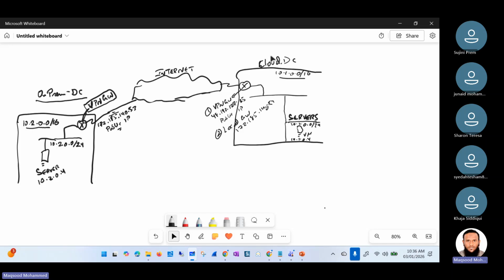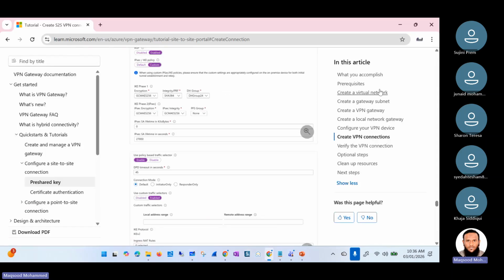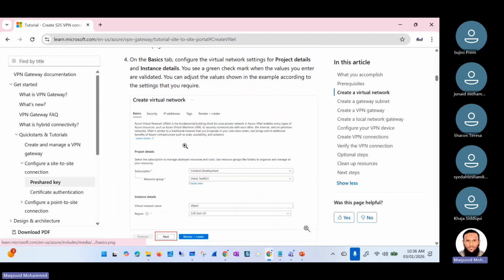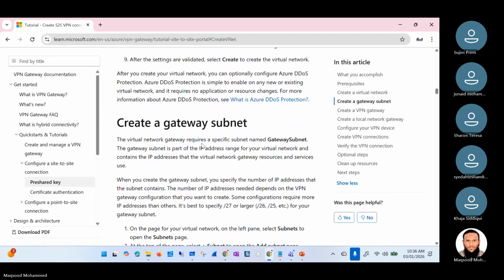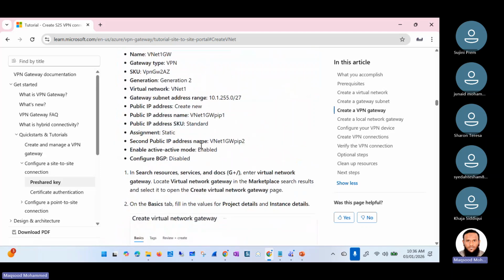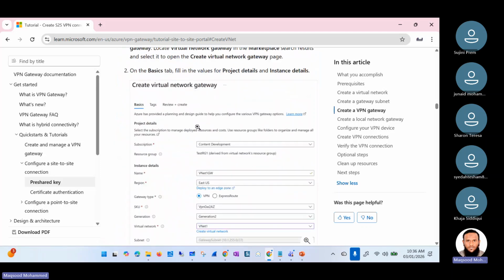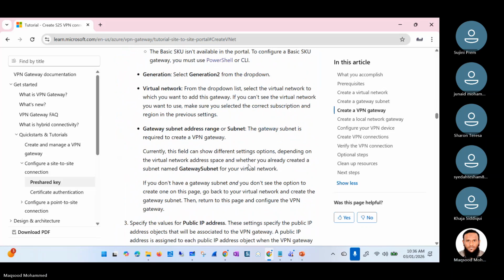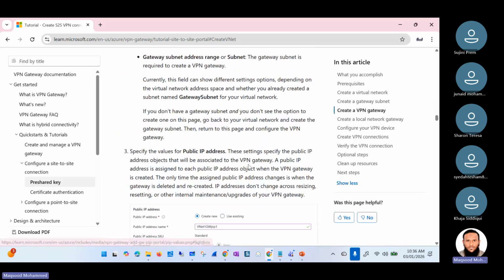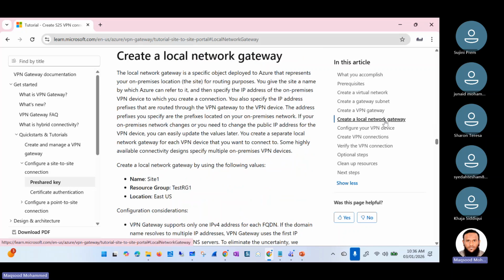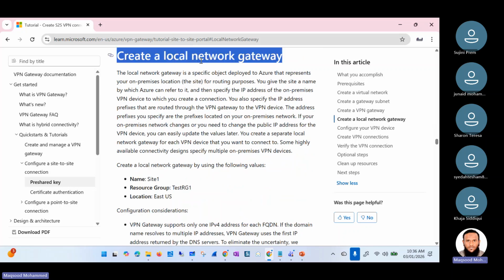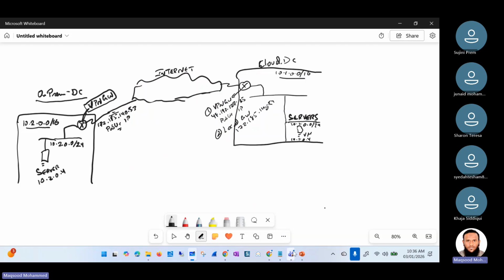Right, so we are continuing now with the remaining steps of the cloud DC. Where we are starting, I've done here, create a virtual network. You know the steps. We have already done that many times. I've created a subnet. I've also created the VPN gateway as per this. And then here we are now going to create a local gateway. Don't get confused when it says local gateway. Actually, that is referring to